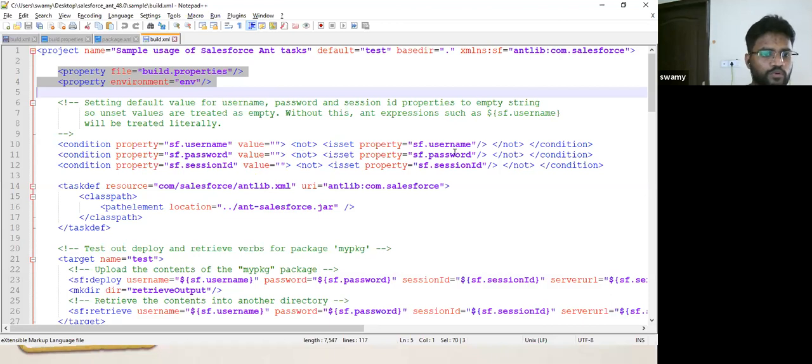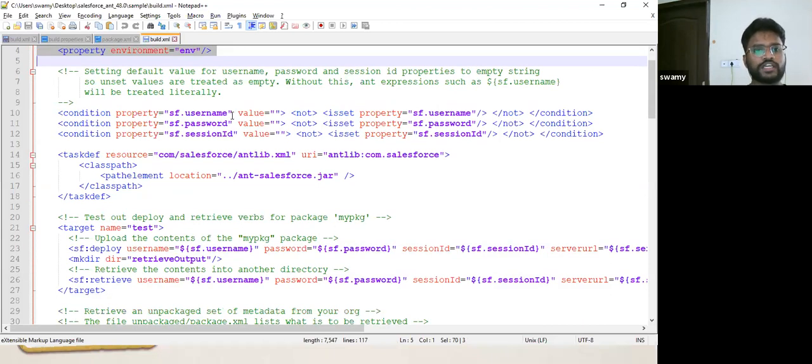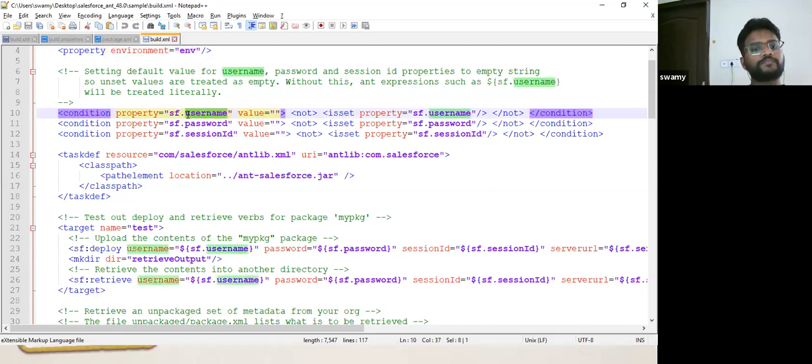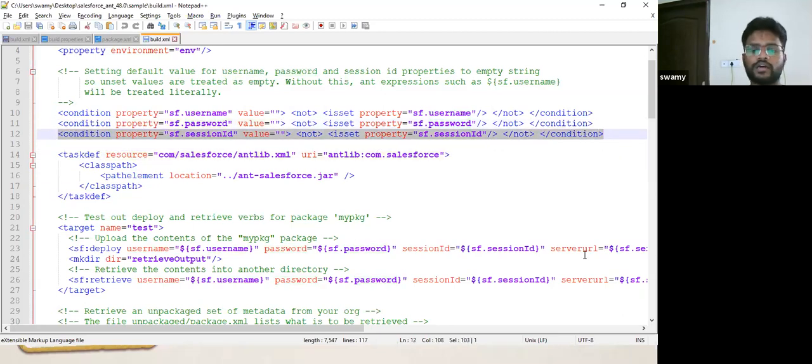It will load with these two lines and check the username and the password, and in case you want to give the session ID, then this will come in handy. Otherwise it will do nothing, it will sit idle.